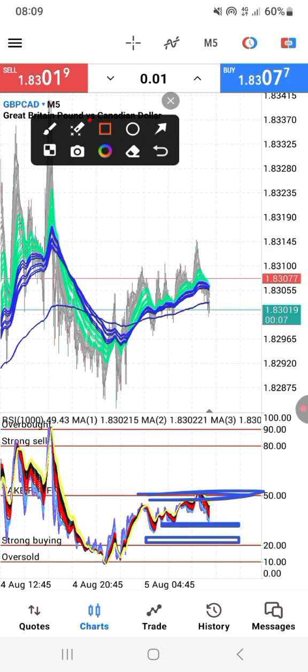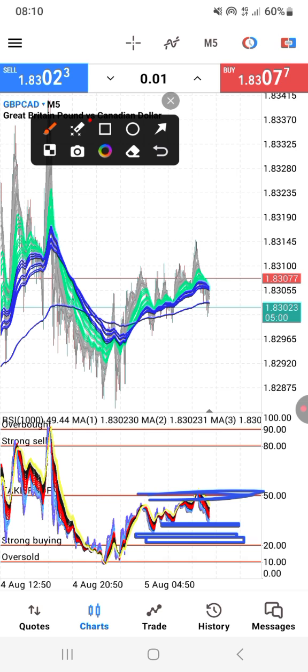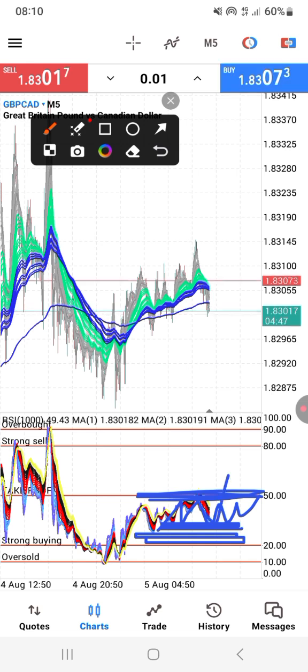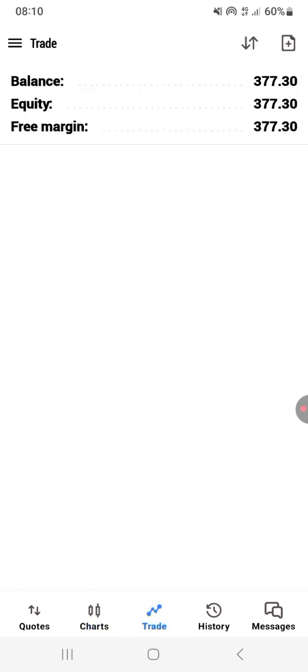If you understand market structure, you understand that this is always happening. So now what you are dealing with is this movement between this resistance and this support, which means we have this consolidation here. After this, price is going to break up and go to its direction. So what I'm always telling you, before you trade your account, you need to calculate how much you have, how much you're going to risk, how much you may get as a profit, and how much you may end up losing